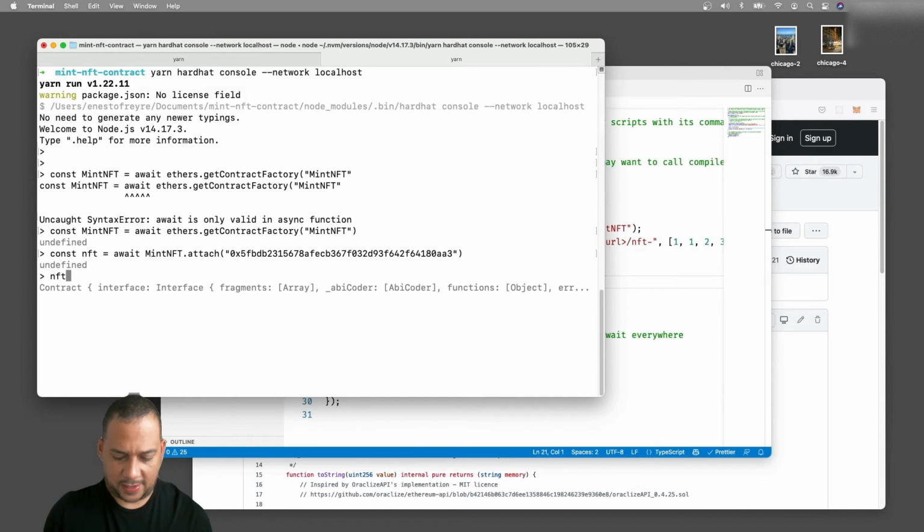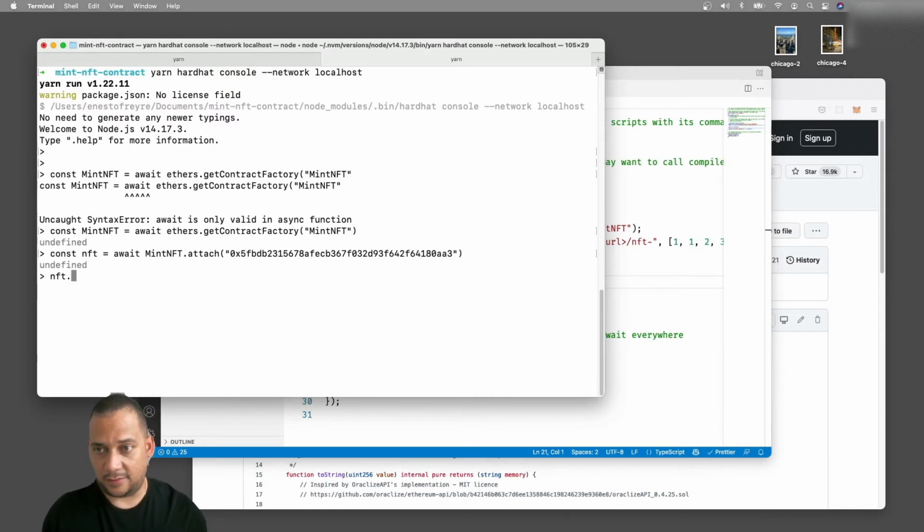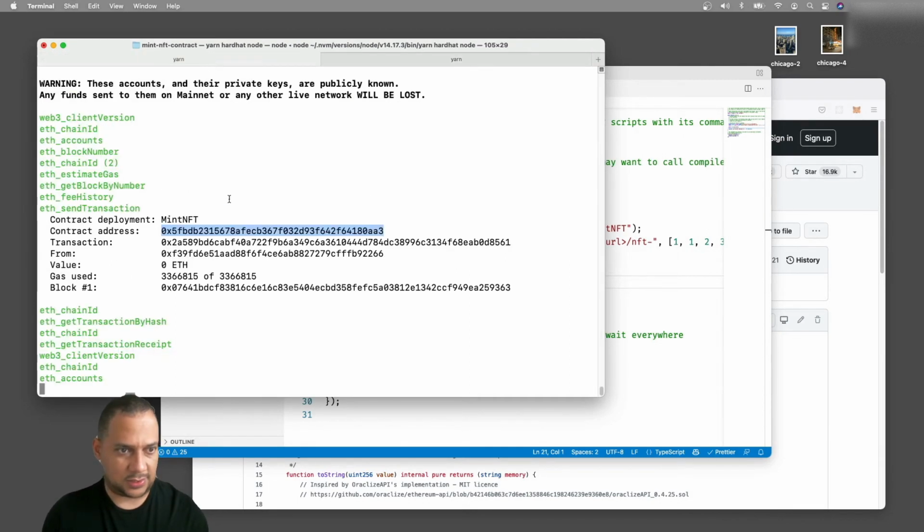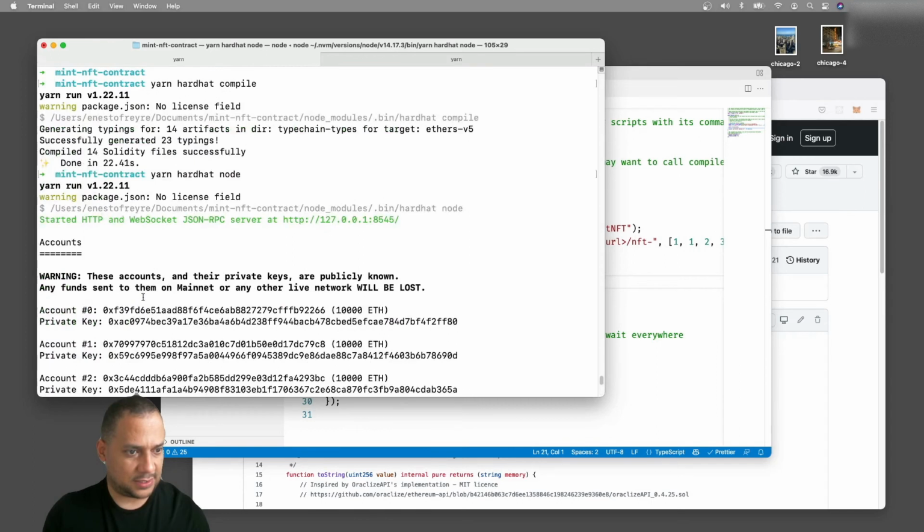For example, we would like to know the balance. So it's an ERC 1155. That means that we have the balanceOf function, and this function requires the address and the token. So let's see the first address. That's the address that we used to deploy our contract.